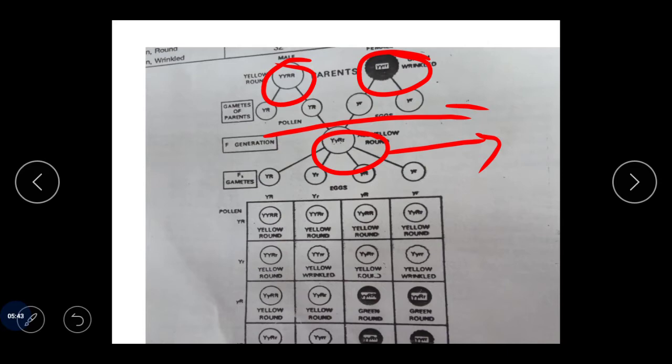To his surprise, the plants obtained in the first filial generation were all round and yellow. तो आने तो चाहे तो मिक्सड कलर में, तो सारी प्लांट जो आए राउंड एंड येलो। तो इसका मतलब